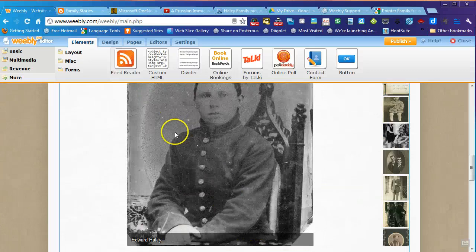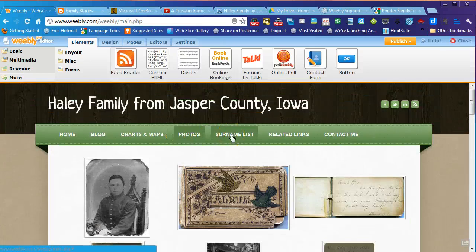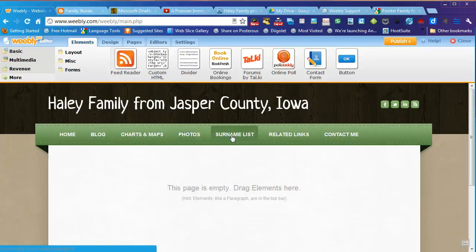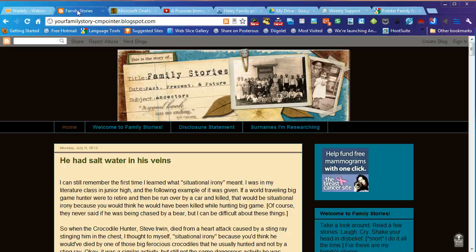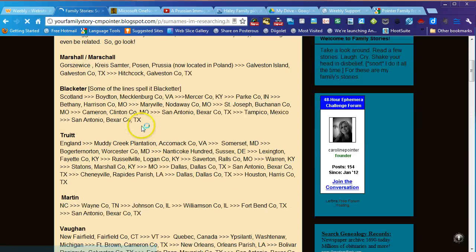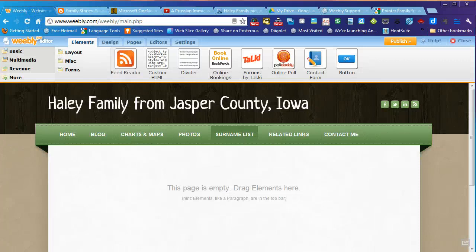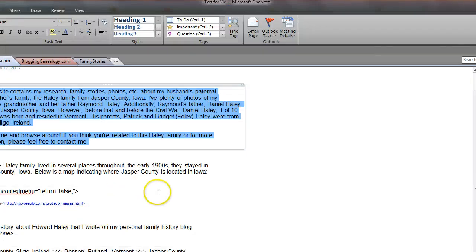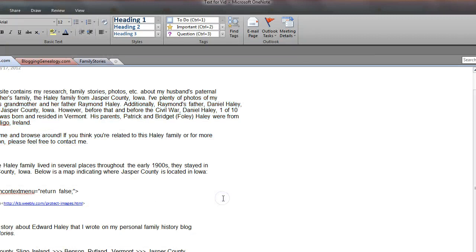So then the next thing I would suggest that you put on is a surname list, or surnames I'm researching, something like that. A good example of that is on my personal family history site. I have one called Surnames I'm Researching, and I list out their migration patterns because that helps us to identify which Marshall or Blackadder or Martin, because there's a ton of those in the world, which ones I'm talking about. So what I did is I went ahead, and I don't have all that information out for the Haleys, but I do have